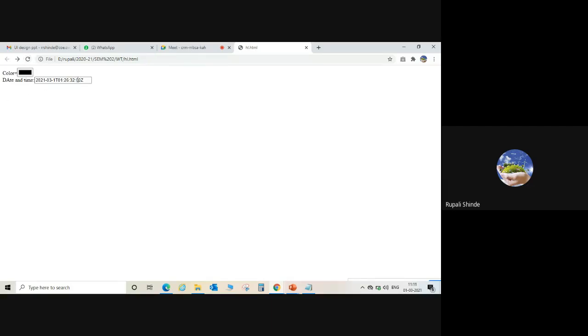Date and time, it is going to show the current date and time. Whatever date and time we mention, it is showing the same field. Okay, date and time.